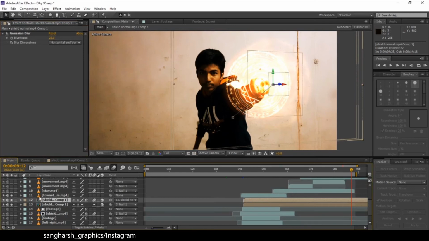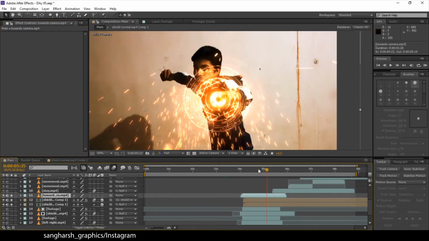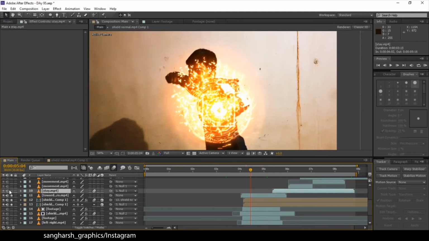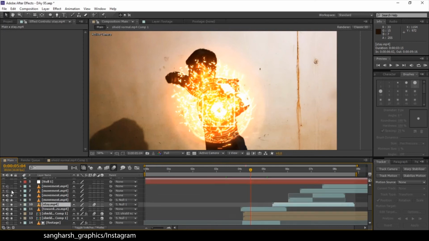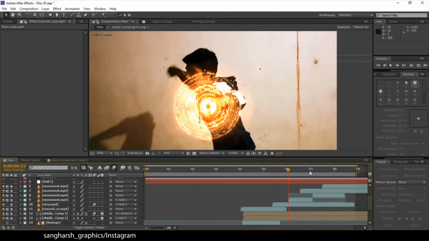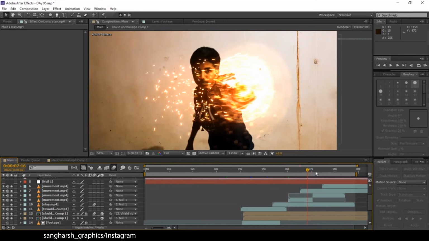Then I added the toward particle layer which he has provided, and adjusted the clip according to our position. Same for the stay. Then the other assets, all of these assets are free, just add them as you wish. Same, I added the assets at every position.